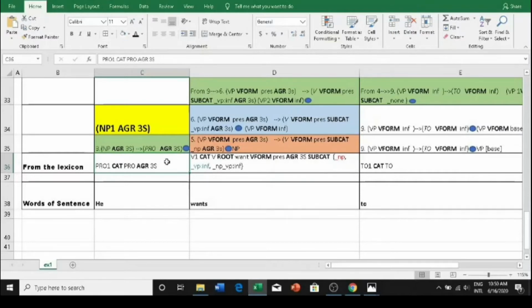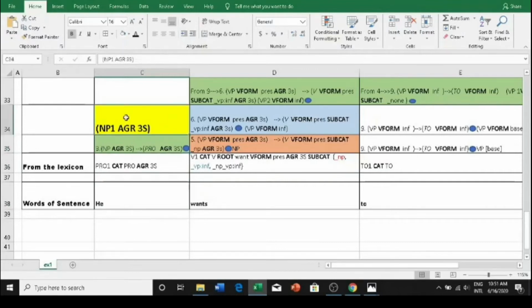Then, as in the case of your bottom up chart based parsing, once we have encountered a matching right hand side part, that processed part is indicated by a dot just following that part, right? So this dot is immediately placed after the pronoun part of the right hand side of the production. And coincidentally, this rule or this production is now exhausted, nothing else to proceed with. So this rule matching has been complete, so we will indicate that using green. Okay, so with respect to he, this matching has been complete, right?